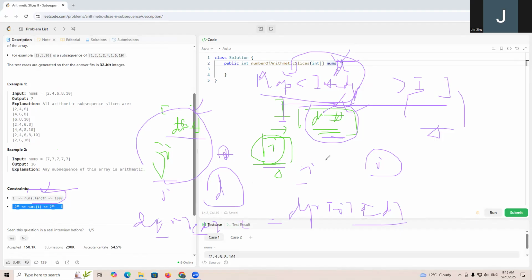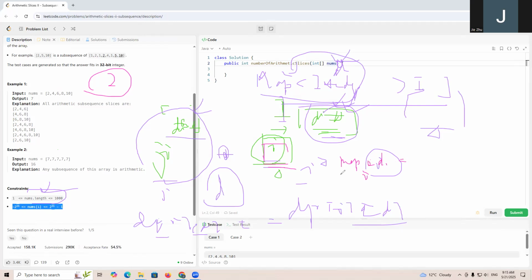And then it will contribute to the current one. And we are looking for subsequences, so the length two we should also calculate. So the map at index i with d,